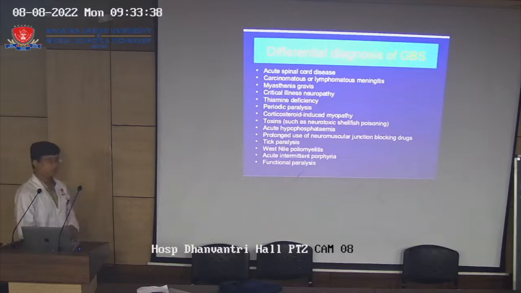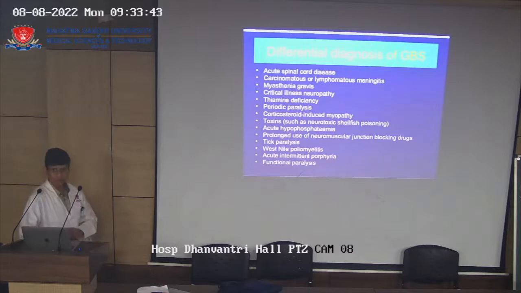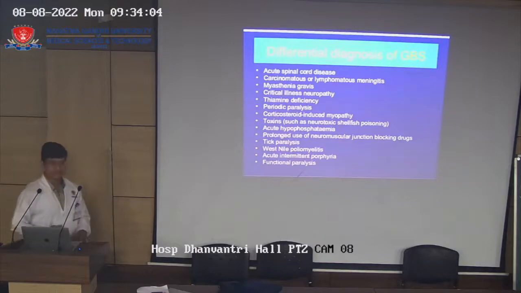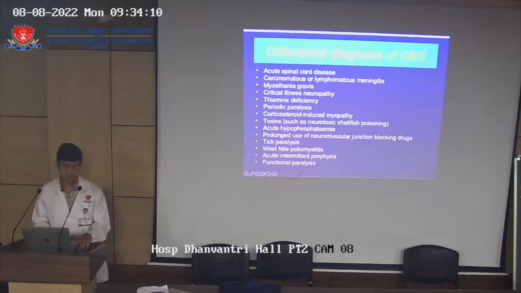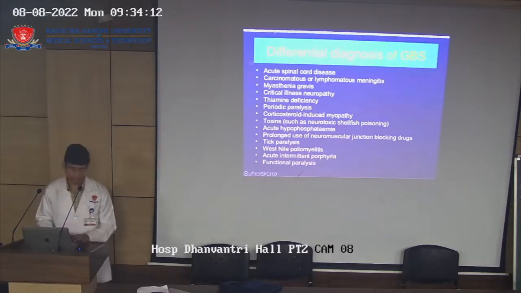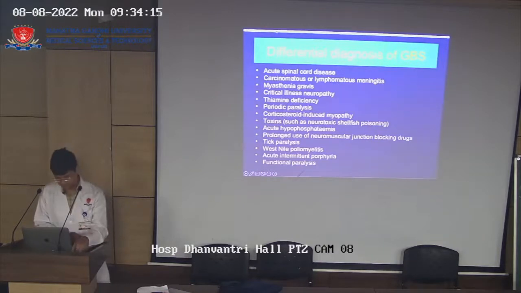So you should confirm the diagnosis with CSF. It will show albuminocytological dissociation. Only the protein is increased, no cell count is increased, and you go for NCV. This NCV will show either a demyelinating or an axonal pattern. Then you should start with IVIG. You should see a miraculous response with IVIG. The patient who is not able to walk, walks on the second day after giving IVIG or plasmapheresis. So the diagnosis should be certain, because if your diagnosis is not GBS, then it is a wastage of money. Thank you.